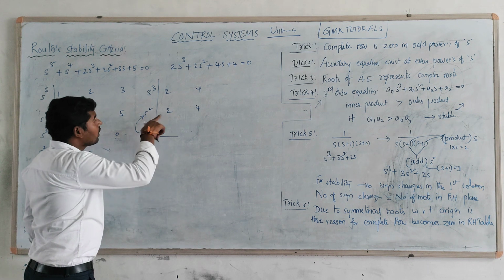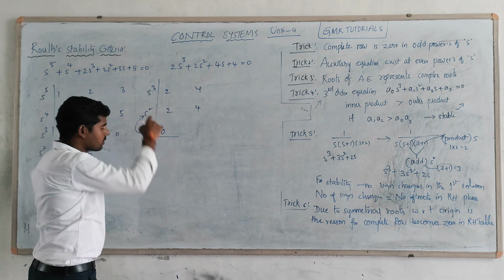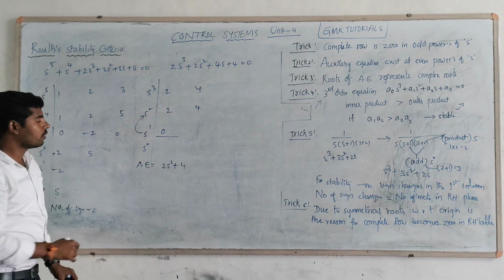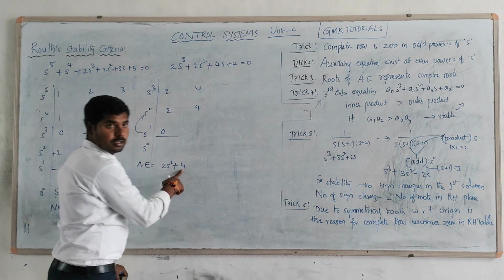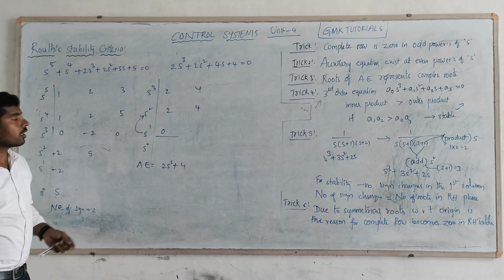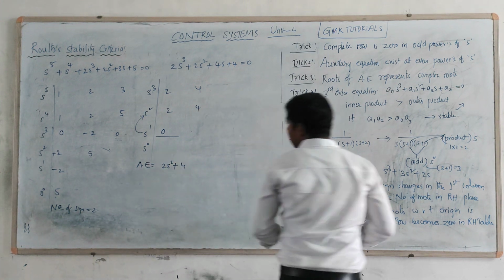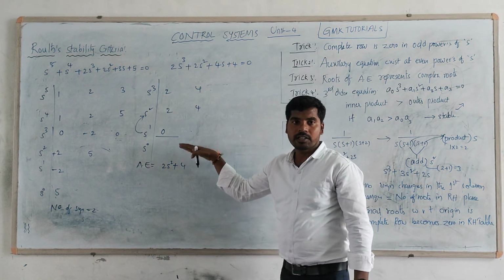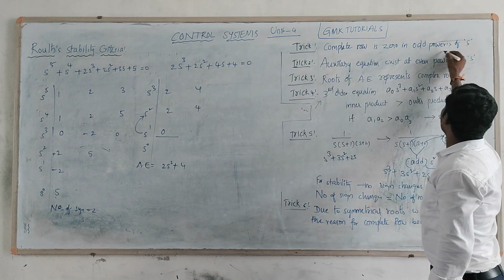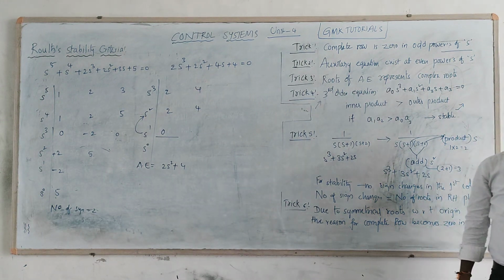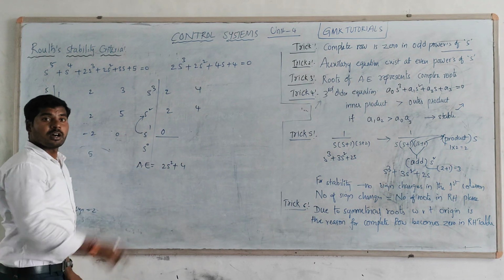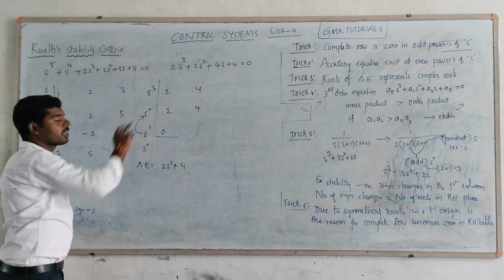The auxiliary equation is formed from the row of the previous one, that is, 2s square plus 4. Okay, 2s square plus epsilon is 4. So that is the 2s square plus 4 equation. You have to take the corresponding equation. Now, one more trick for this one: a complete row of 0 in the RH criterion takes place only in odd powers of s. Odd powers only, in the complete row. So in this case, s power 1 is an odd power, and only there do we get 0, and for even powers we calculate the auxiliary equation.